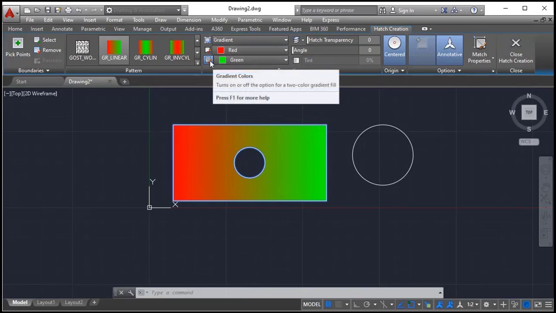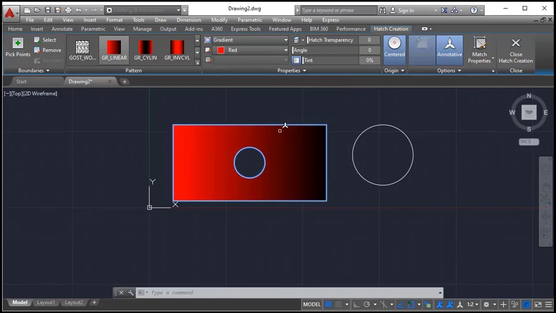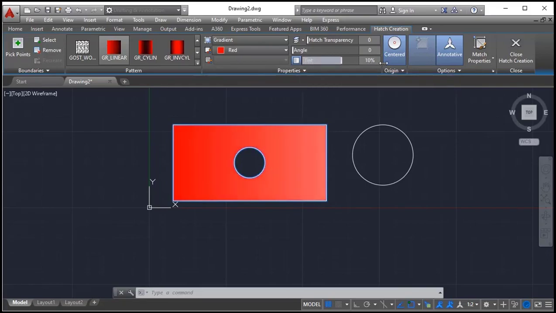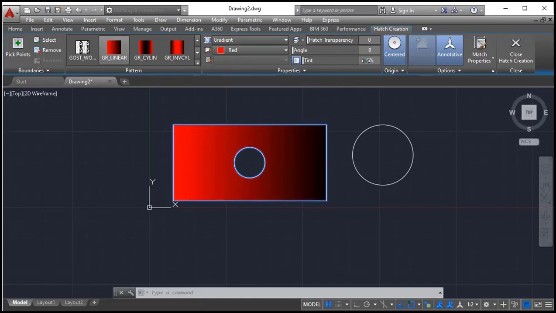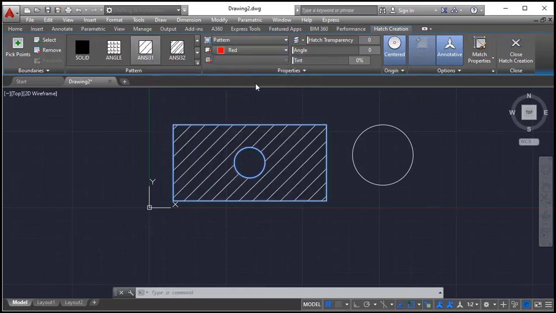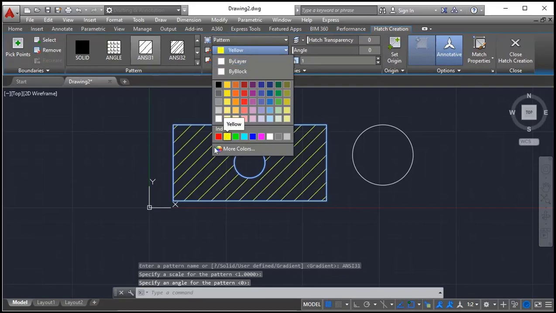Here it is showing two colors. If you click here, only a single color will be affected. Out of the two, one is a red color, the other one is null, but it is showing a black color pattern. Gradient means mixed, or we can also call it shaded colors. Black color shading. If you don't want that, here you can find the tint. If you increase it, it will change to 100, white, black to white. If it is 0, black. So the shade you can change here. I hope you understand. And we can assign the same colors to the pattern also.